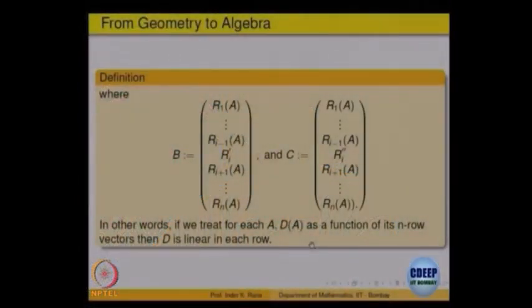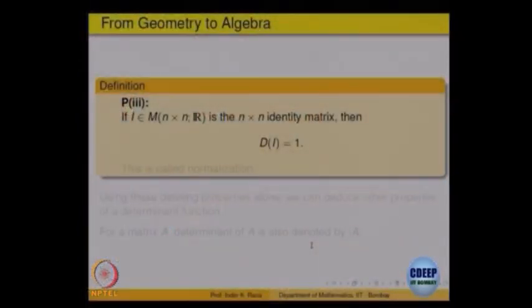So, that is linearity. The first property was that if two rows are identical, then the determinant is 0, similar to saying that if two sides of a parallelogram are identical, there is no parallelogram and the area is 0. The second is linearity in each variable. The third is what is called a normalization constant: for the identity matrix, we define the determinant to be equal to 1. It is just a normalizing factor, nothing more. You could put anything you like, but normally it is a good idea to have the determinant of the identity matrix equal to 1. So, there are three properties which define the determinant.